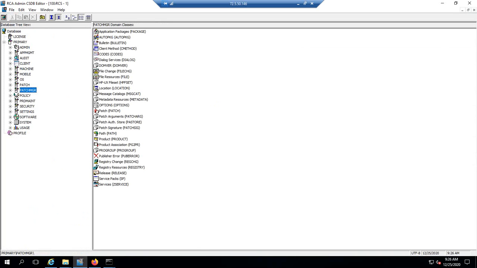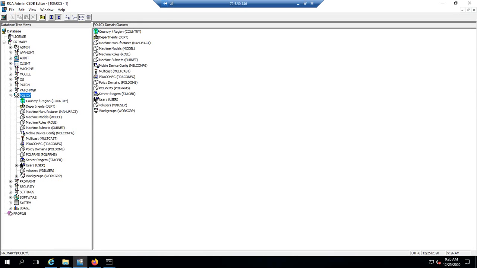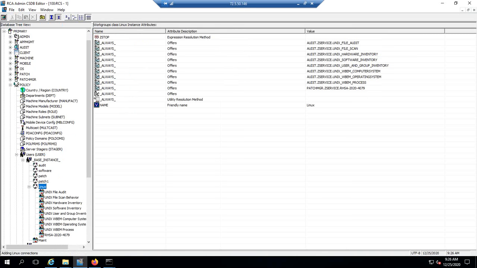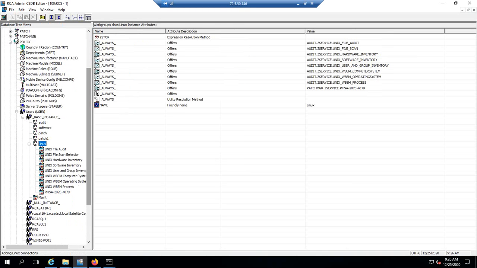And we can use the internal policy. This is a policy that we can now assign to all of our users. I'm going to use a base instance for my Linux group. And I have already assigned a service here, but this service had failed because there were dependencies that were required, and we can see